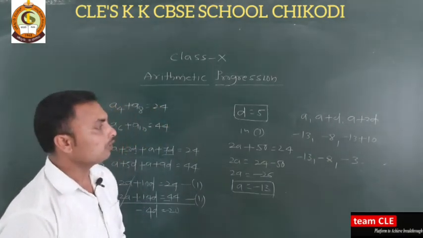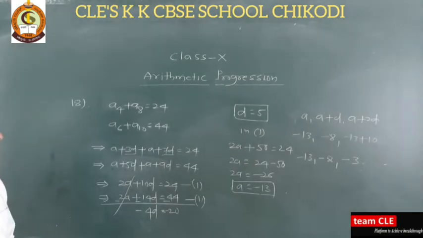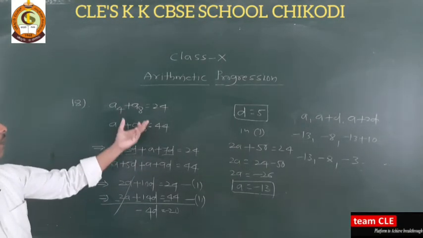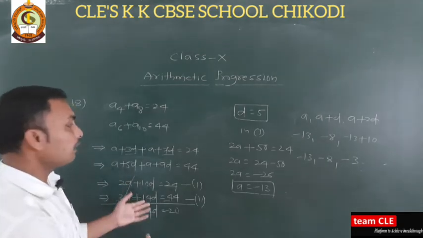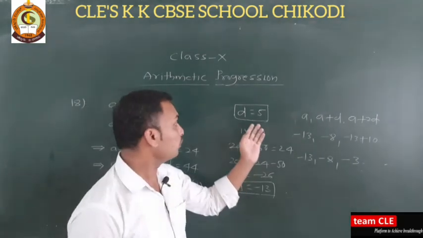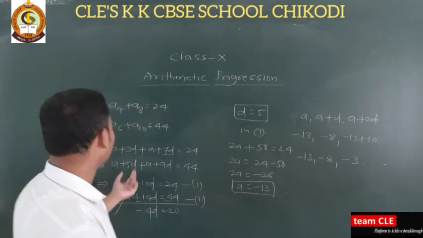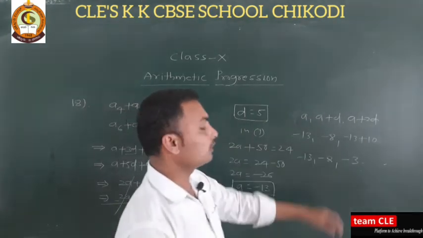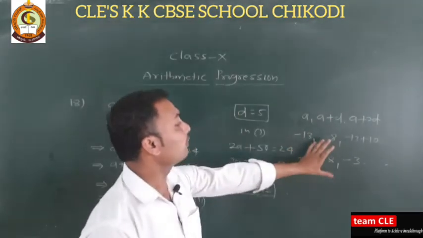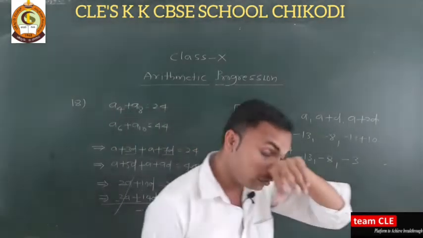Okay. So I hope you understood very well. So this is how to solve the sum. They are given, just you can write down everything, and just you can calculate by the elimination method, you will get D. Now once you got D means substitute in equation 1, once you substituted in equation 1 means you will get your desired answer. Use the general form of AP, you will get your desired answer. I hope you understood very well.